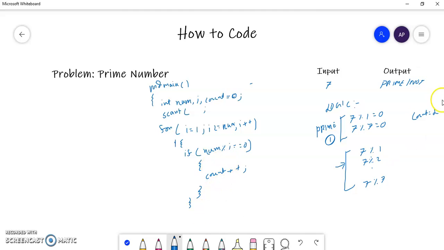Okay, now we know for prime number the count should be 2. If it is more than 2, automatically it is not prime number. So from this count value we can easily just check it out if it is prime or not. That is the next part. From here I will write the next part here, that if count equals to 2, then